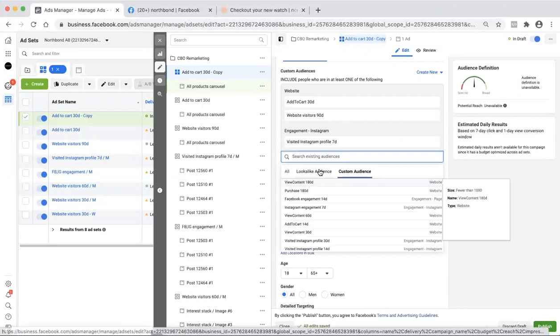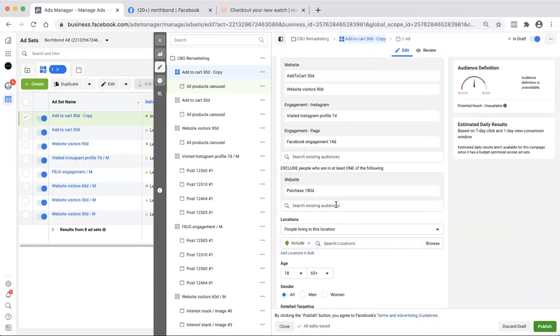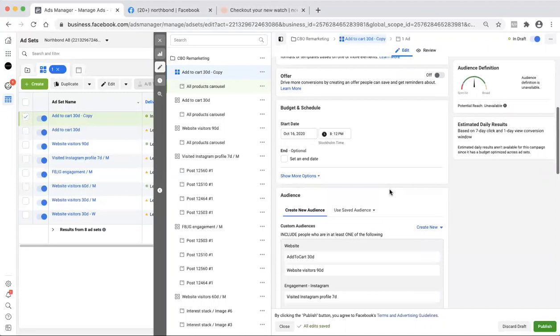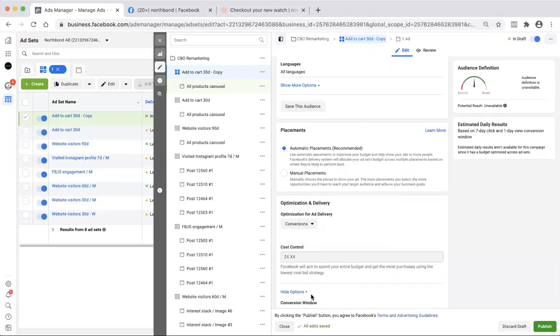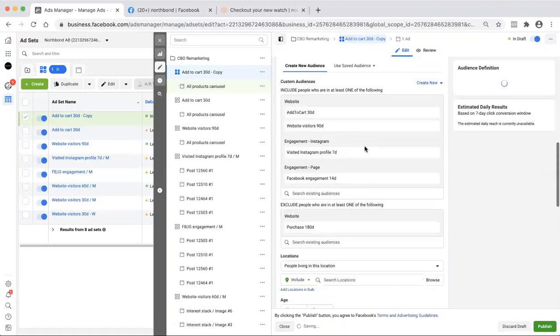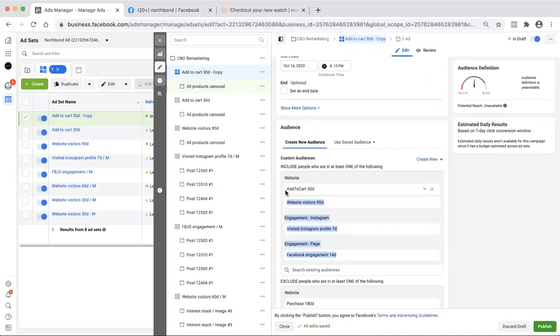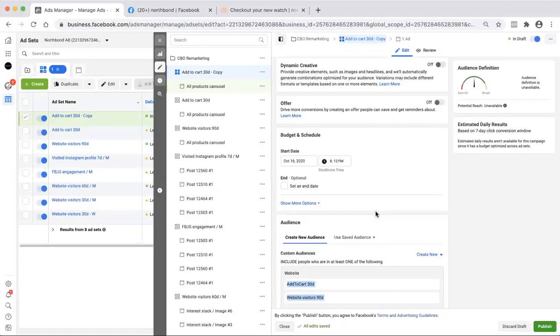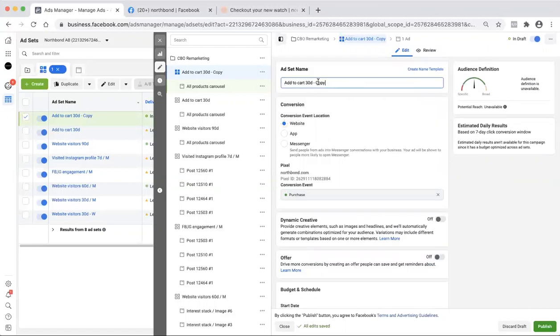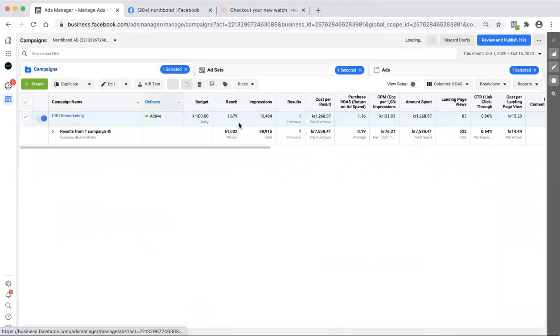You can, I think, right, engagement, Facebook engagement, I think it is. And then, yep, that's fine. Switch this to 7-day click. Okay. And for this, I have the all products in one carousel. Okay. Maybe, or if I maybe should add one carousel for each product.